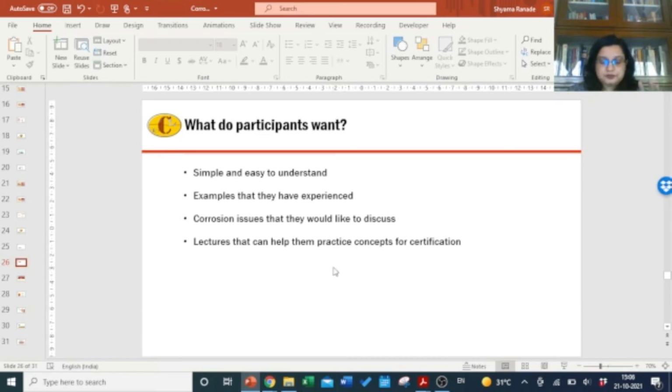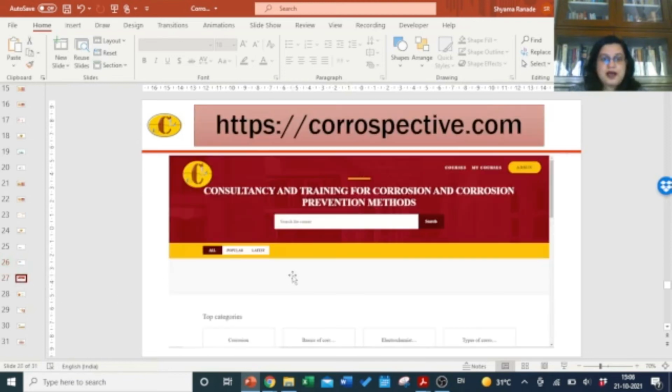And there are also people who really want a few lectures that will help them to practice the concepts. If they are attending a certification, if they are redoing something, they would like to practice concepts, they would like to relearn the concepts from a new point of view. Keeping all this in mind, I